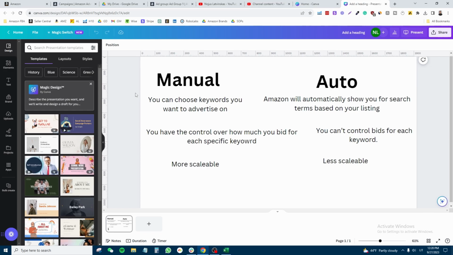So those would be the major differences between these two campaign types, and I will not tell you which one is better. They are both very important for your Amazon business, and no one will tell you which one is better, because you can't really rely on one campaign type more than another. So you need to be running both of them. But this video will focus only on auto campaigns, and we're gonna discuss later on how to